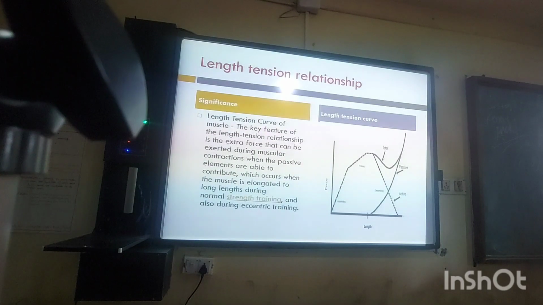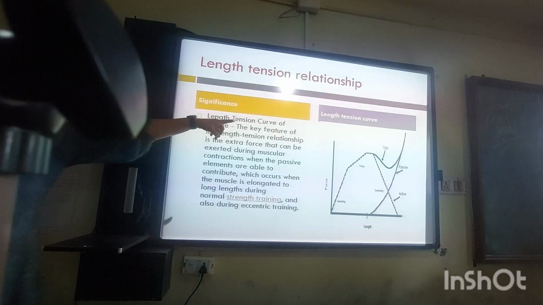That is why when we do passive mobilization, we remove the slack and we can mobilize it more. This is not because of the joint; of course, the muscle contracting is there, that is another thing, but here I am talking about how the elongation of the muscle can be further increased with the elongation of the passive structures. That is why this length-tension curve is quite different. Can you see that? It has changed over here.